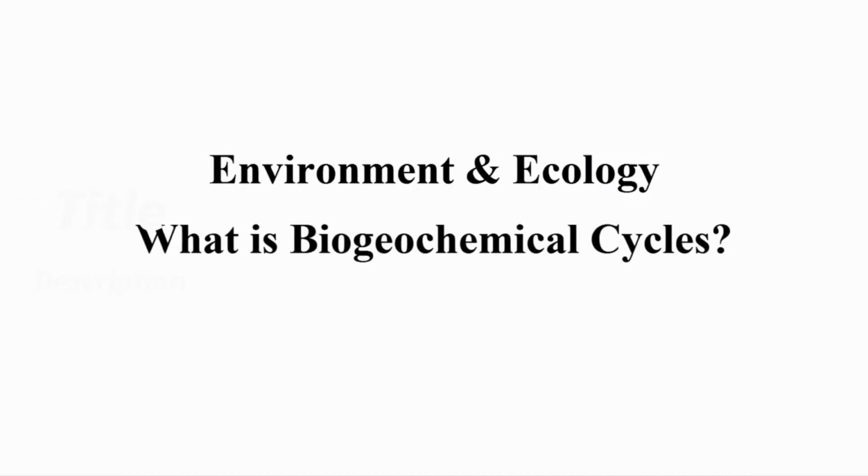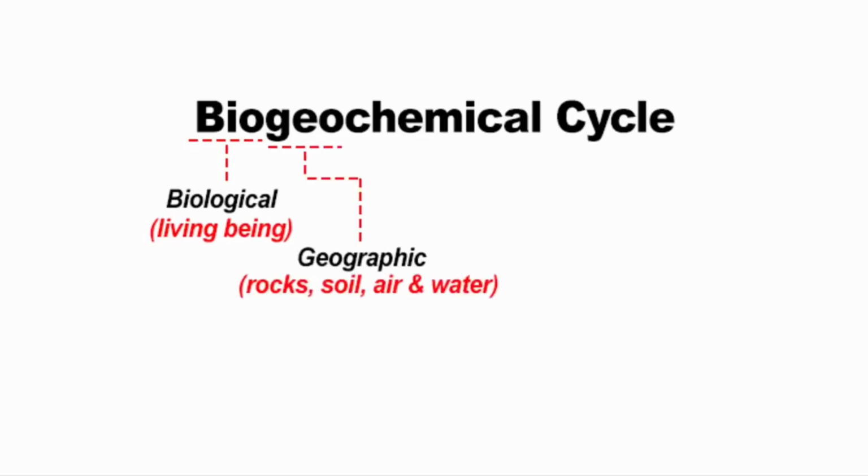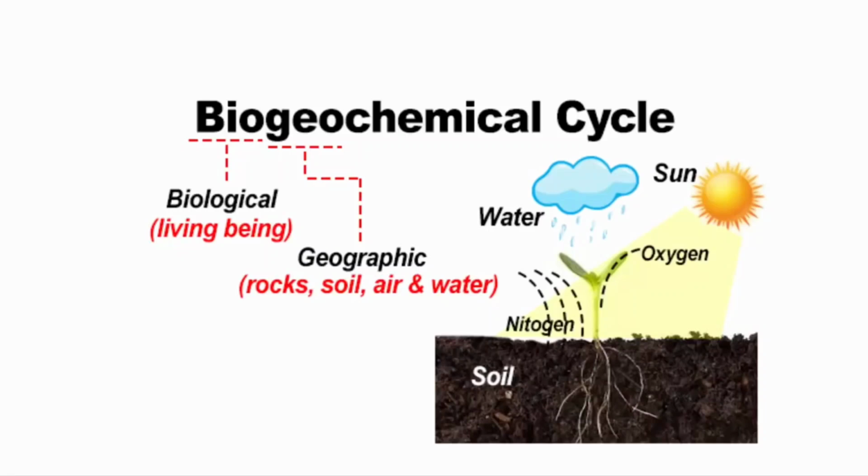Alright, the next topic is biogeochemical cycles. At first, when you look at this term biogeochemical, it sounds very hi-fi and fancy. But if you break the word biogeochemical, it's nothing but the chemical exchange between living organisms, that is where the bio term comes from, and the geographic element of the earth such as rocks, soil, air and water. So in simple terms, it is a cycle that shows us the movement of chemical elements between biotic and abiotic